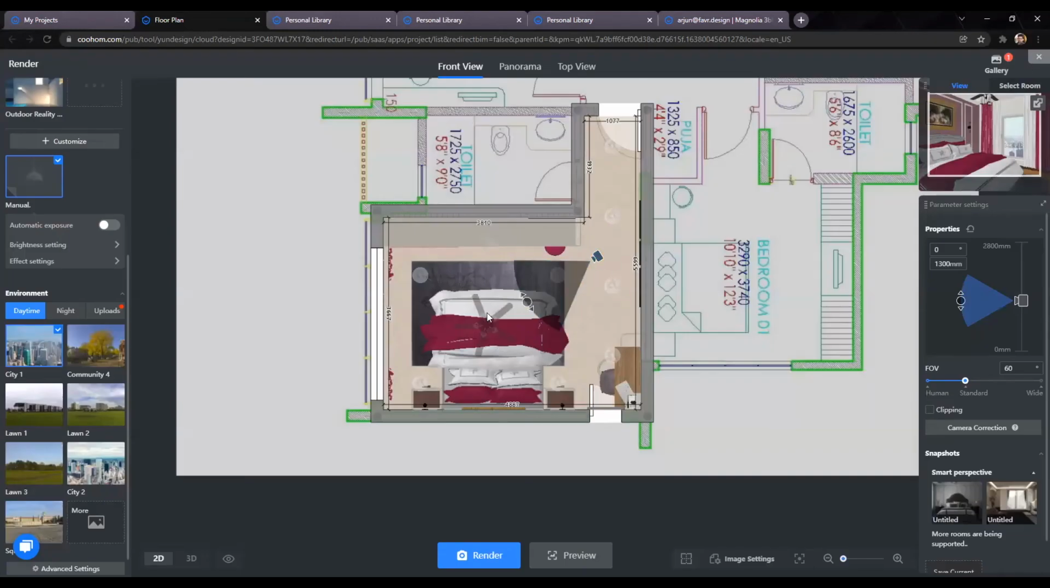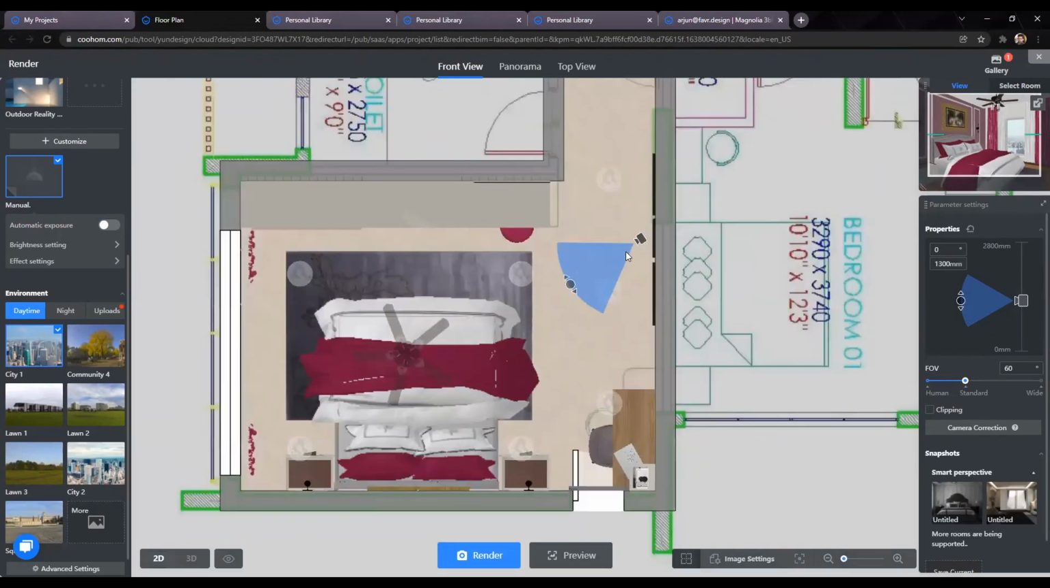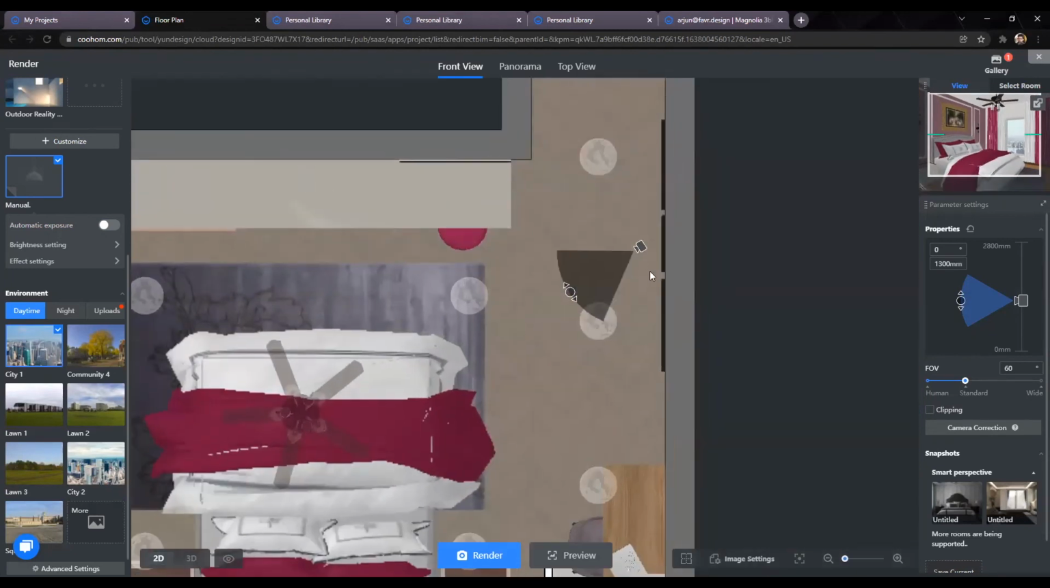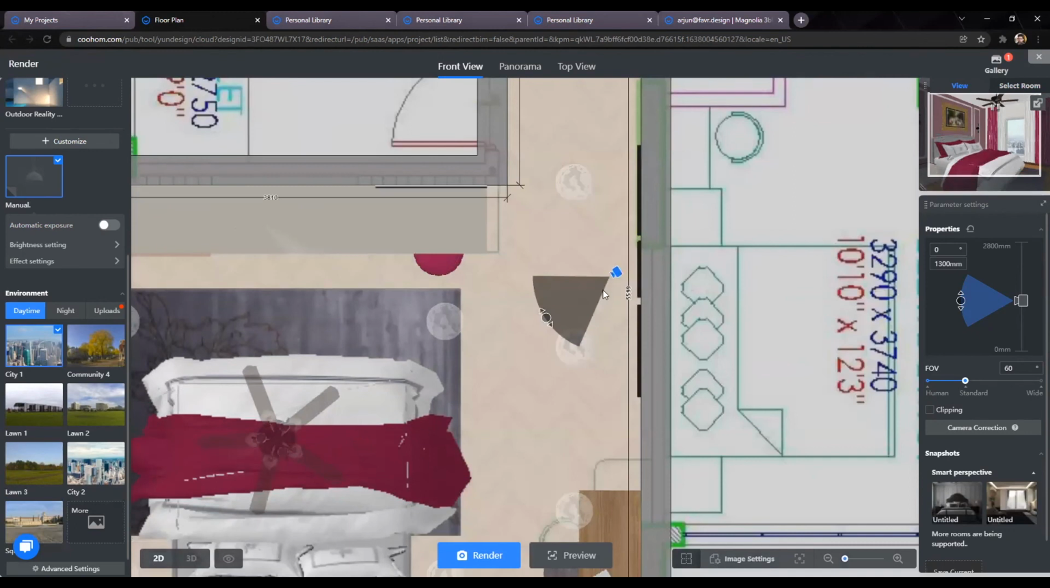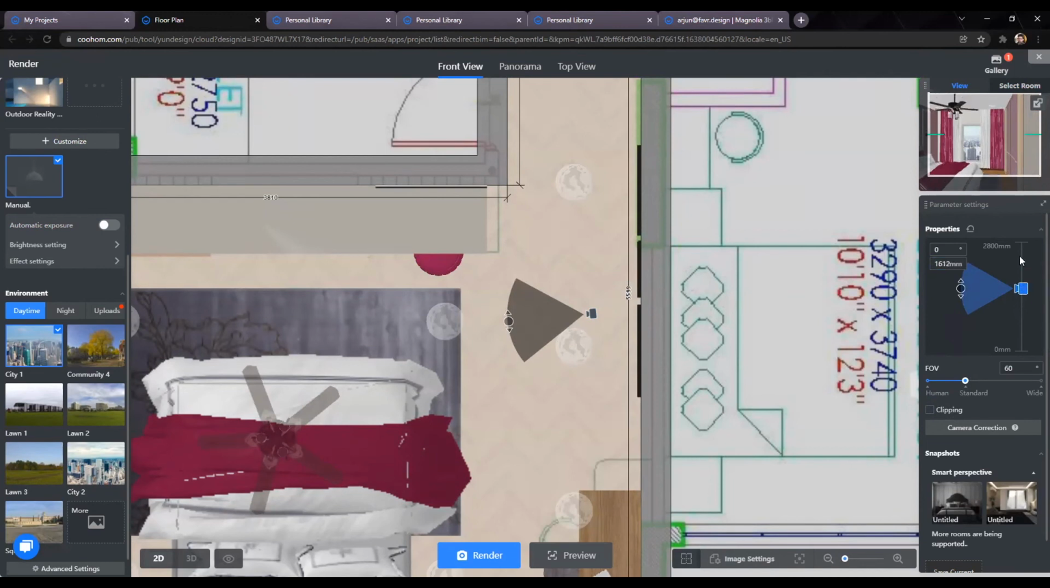Since this is a small room and you cannot take the camera anywhere behind this wall, there's an option called camera clipping, which comes under the camera properties. When you click on the camera, you get camera properties on the right side, where you can adjust the height of the camera. This will be the height of the camera,